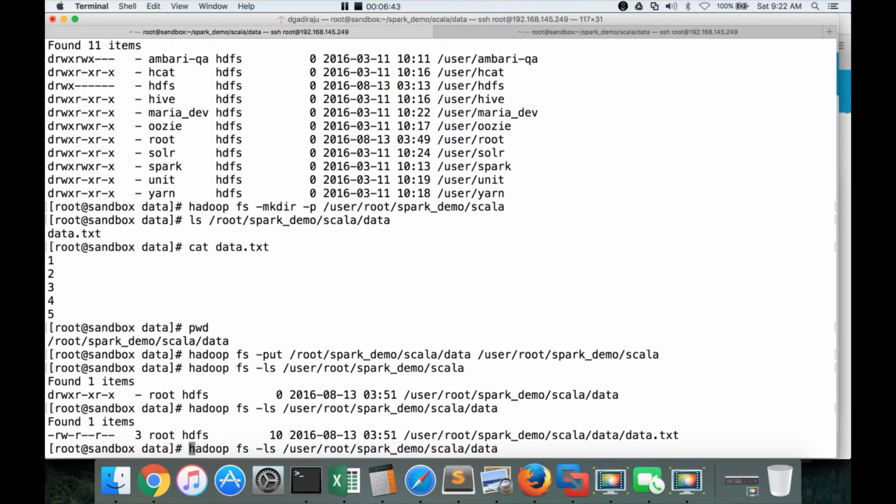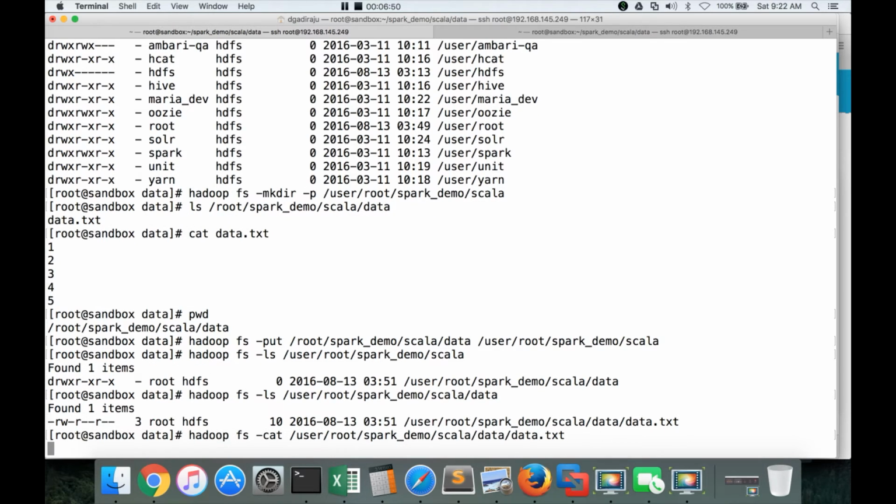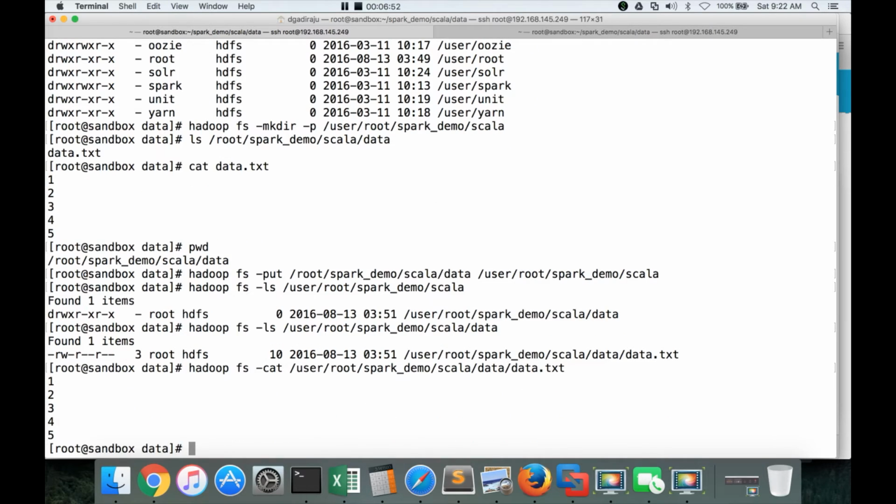You can also preview the data by using the cat command on data.txt. So these are all hadoop fs commands. If you want to learn hadoop fs, I have content elsewhere on my blog. If you go to the blog, I will provide you the link for you to understand HDFS in detail. You can learn all these commands by following that link as part of my blog.